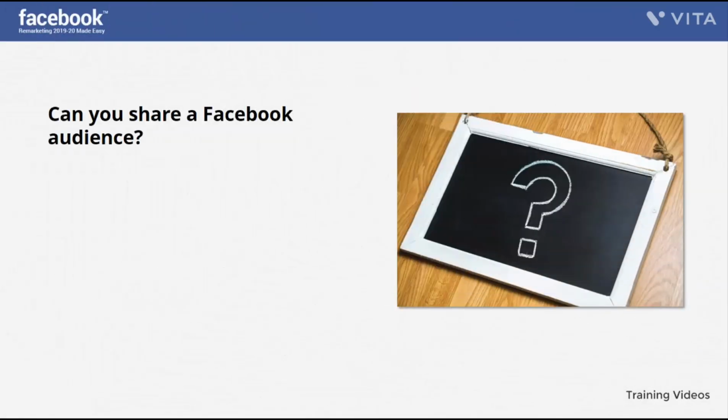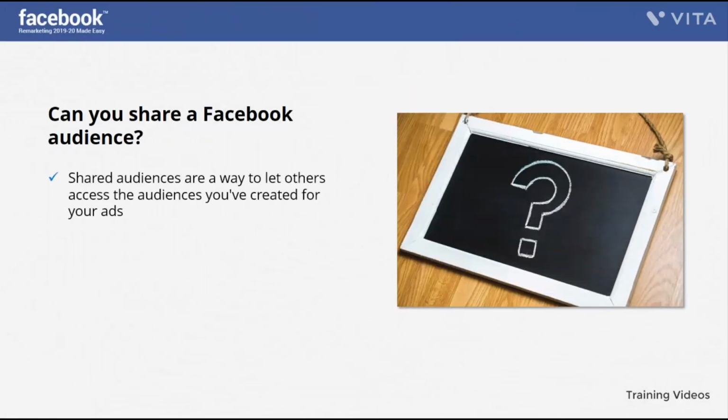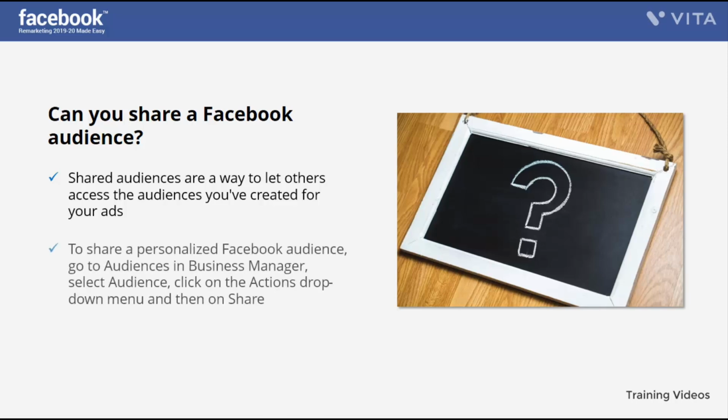Can you share a Facebook audience? Shared audiences are a way to let others access the audiences you've created for your ads. You can share custom and similar audiences between ad accounts and/or media agencies, as long as both the sharer and the recipient are linked to a business manager. To share a personalized Facebook audience, go to Audiences in Business Manager, select Audience, click on the Actions drop-down menu,